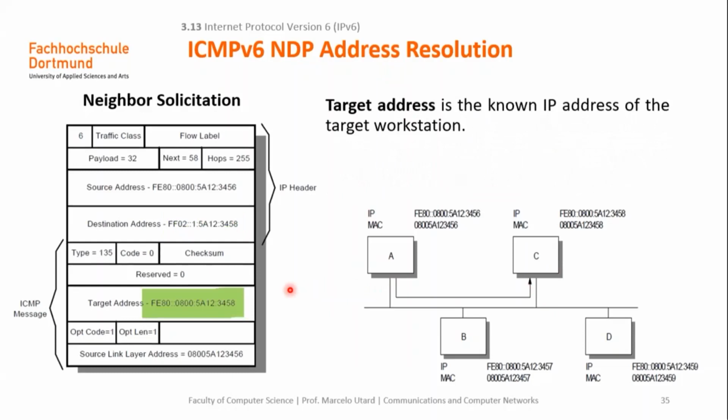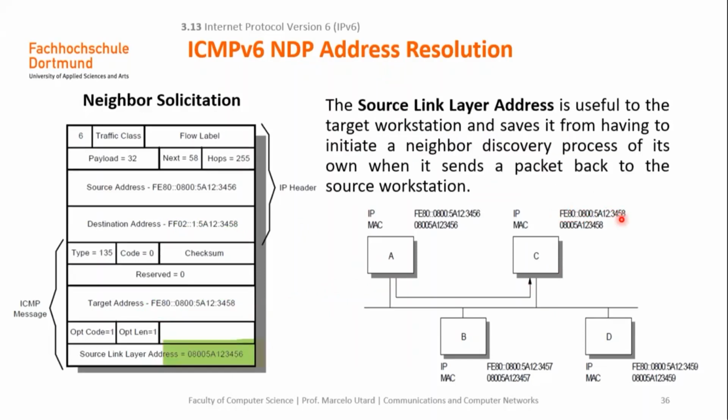Then another particular information that is sent in the neighbor solicitation is the target address. The target address is the known IP address of the target workstation. And there is another information in the neighbor solicitation that is called the source link layer address. That is the MAC address of the